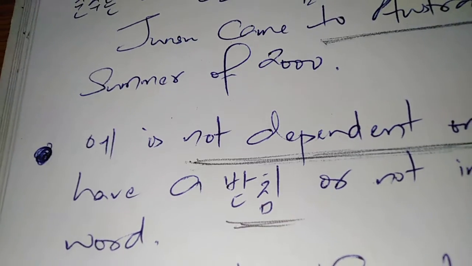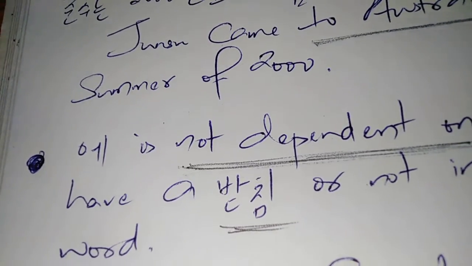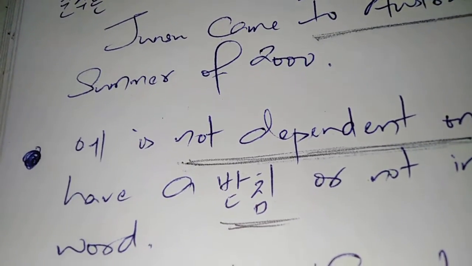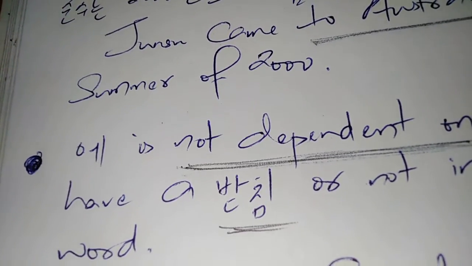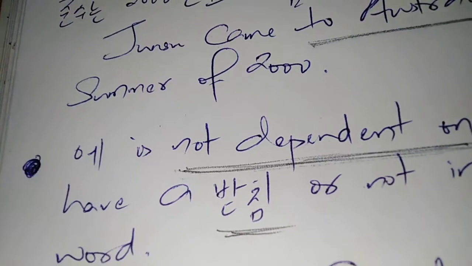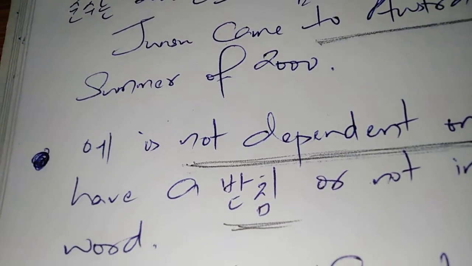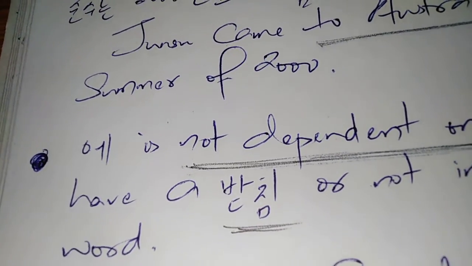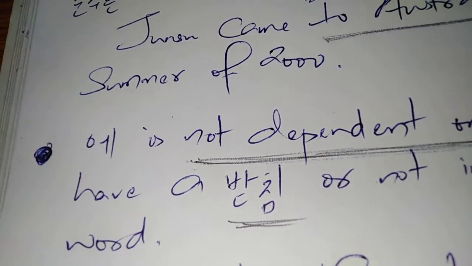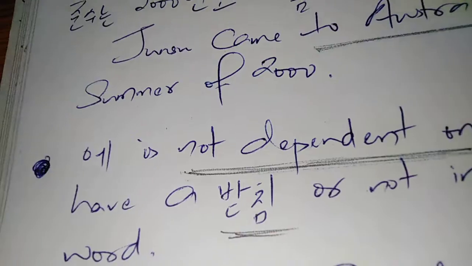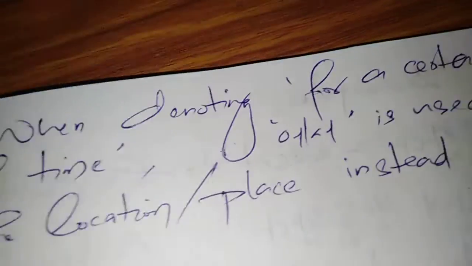We are concentrating on that somewhere, somewhere for a certain particular period of time. So to indicate that, when you're talking about location, to indicate that you were at that place doing something for some period of time, is when you would use 에서